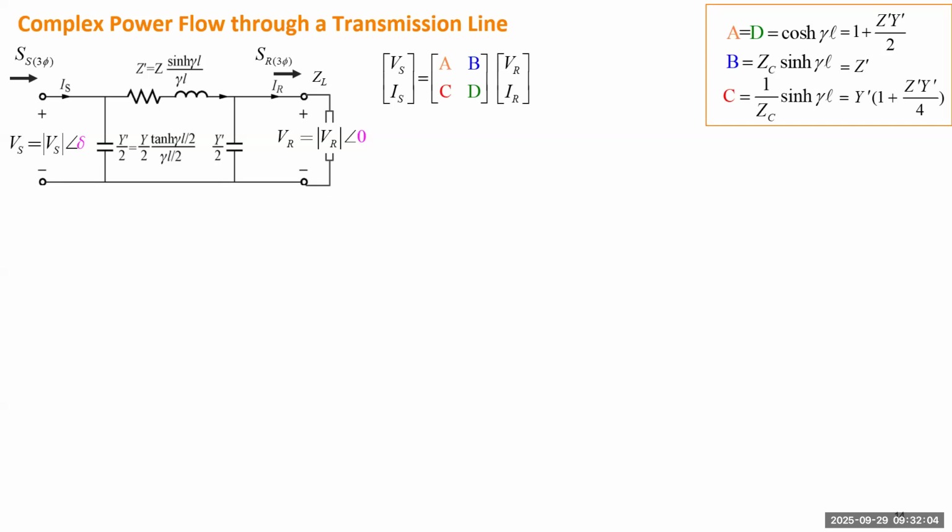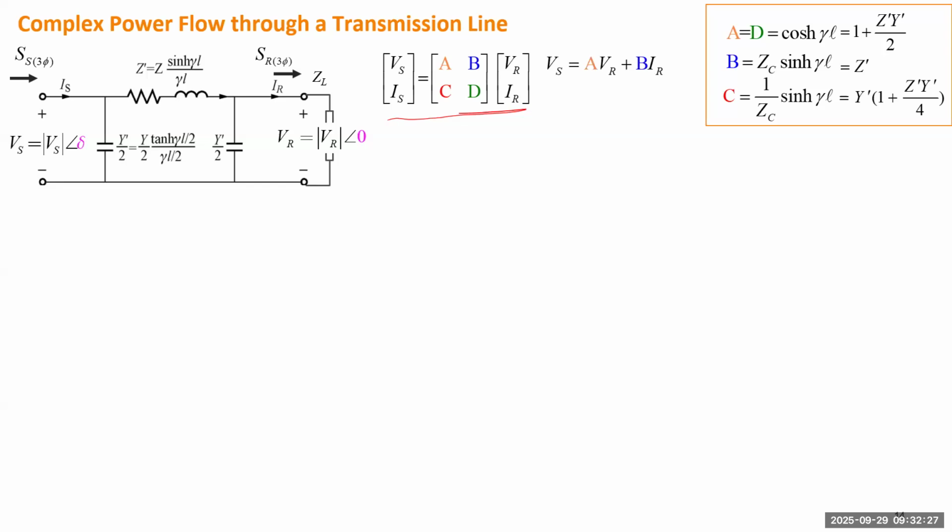Then we move to a three-phase line. We also derive the complex power flow. But now we have a more accurate formula for any long line model. So we can try to use this accurate formula to rederive the complex power. So we'll start from this transformation from the receiving end voltage and current phasor to the sending end voltage and